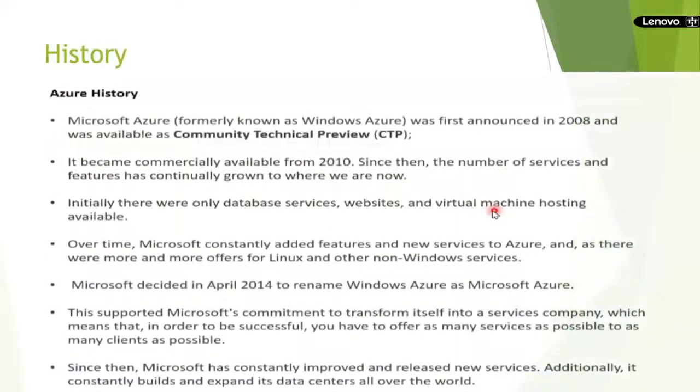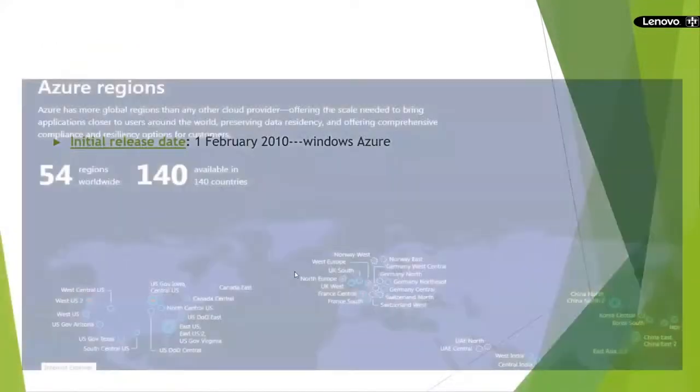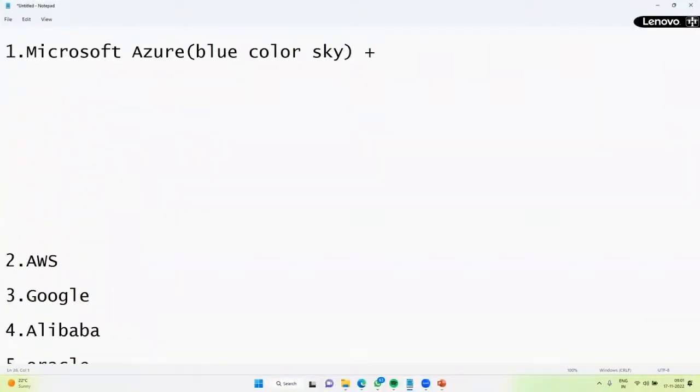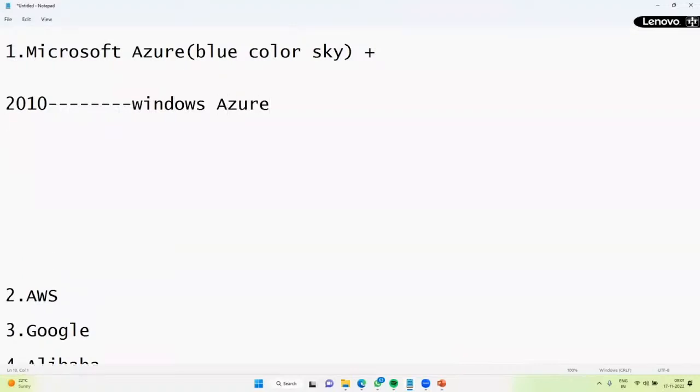Microsoft Azure came into the picture in the year 2010. At that time we called it Windows Azure. Later, in the year 2014, they introduced one deployment model called ARM, which means Azure Resource Manager.